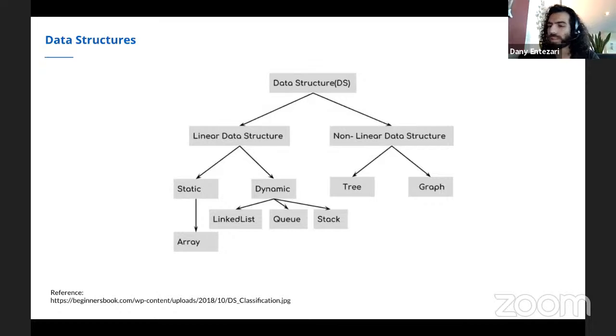Now, I want you to look at this slide for a moment. Fundamentally, in computer science, we have two classes of data structures. So basically, two groups, or let's say two categories in which you can arrange data.